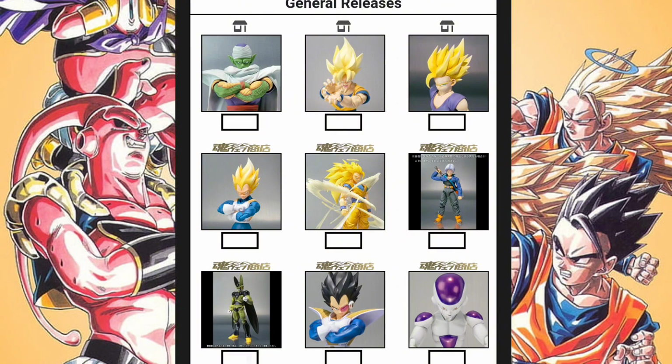Now, one could make the argument that, hey, like Super Saiyan Goku and Super Saiyan Vegeta, we don't really know if they're truly Android, because they wear those same outfits in whatever era. No, that's the only time they wear those outfits, because at least Vegeta, we know that Super Saiyan Vegeta for sure is Android, so it would be a safe assumption to say Goku's meant to be Android as well, right? Just with the manga colors, with the brighter orange. Either way, all the other releases, let's look at them.